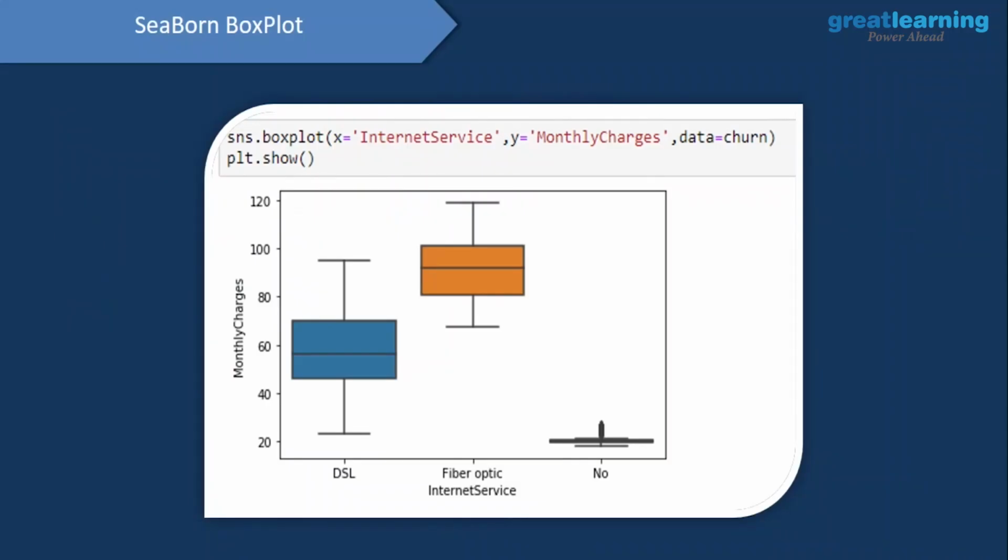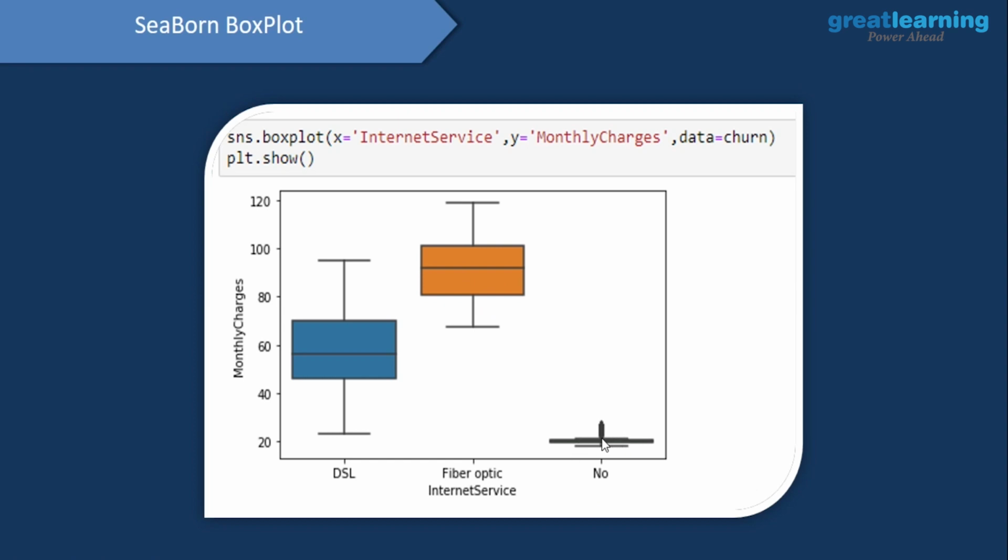And now this time we'll be creating a box plot between the internet service column and the monthly charges column. So we have the monthly charges column onto the y-axis and the internet service column onto the x-axis. And we've got these three different categories in this internet service column. So the internet service can either be DSL, fiber optic, or no, which means that the people haven't subscribed to internet service. And it is very clear that those people whose internet service is fiber optic would have the maximum monthly charges. Similarly, those people who do not have internet service, their monthly charges are minimum.